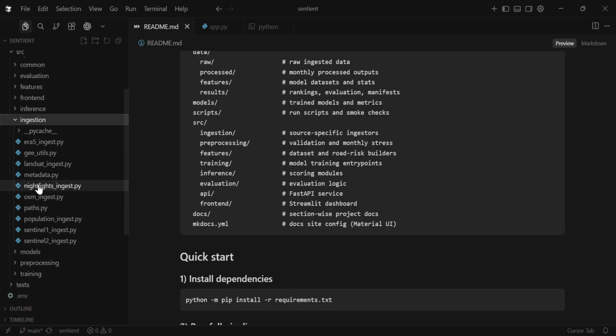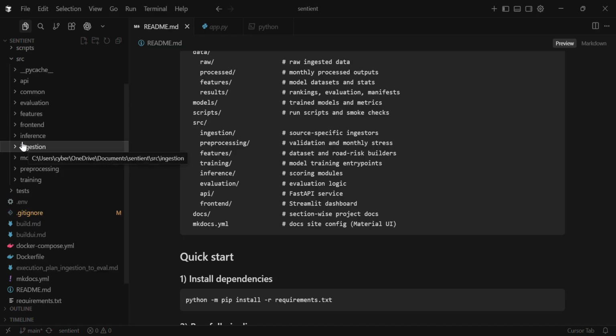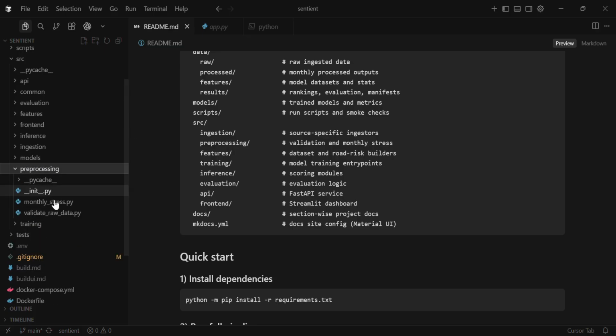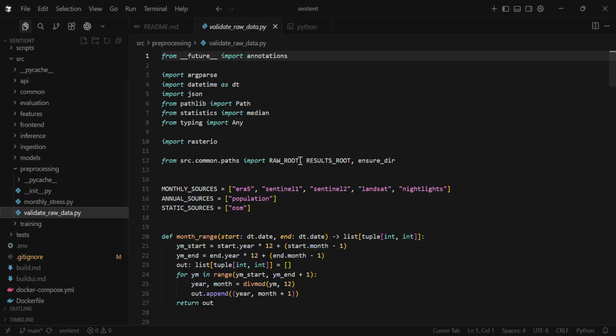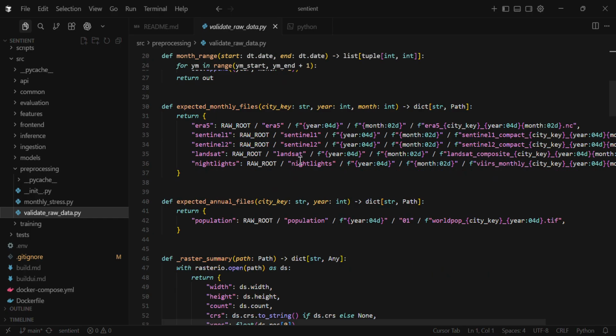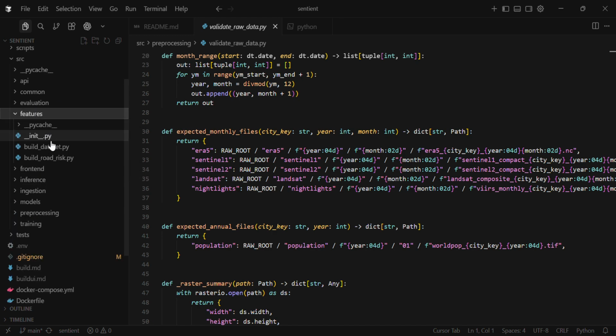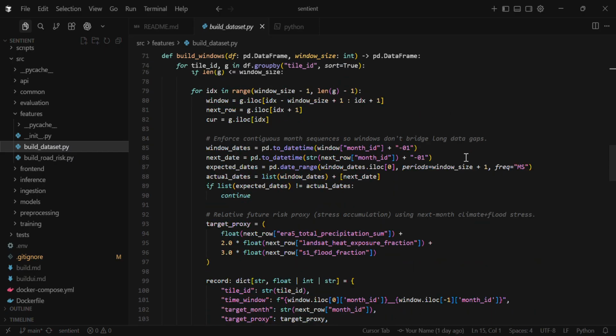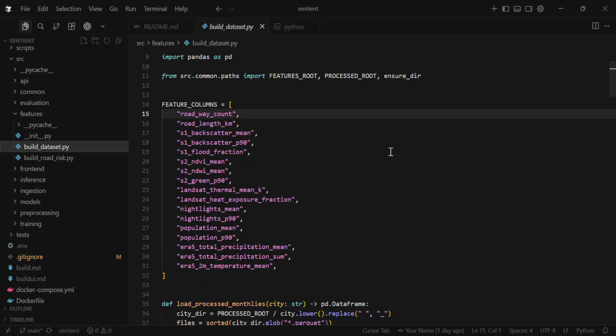We have built this ingestion pipeline in which each file has its own classes and objects, which overall have this ingestion completed. Then after the ingestion layer, we have this pre-processing layer where we are calculating the monthly stress. Then we also validate raw data, whether each data is complete or not, whether all the sources are available or not. And then based on this pre-processing, we transfer this into the features. So in the feature, based on all the pre-processed data, we then calculate and build the data for the next pipeline of the